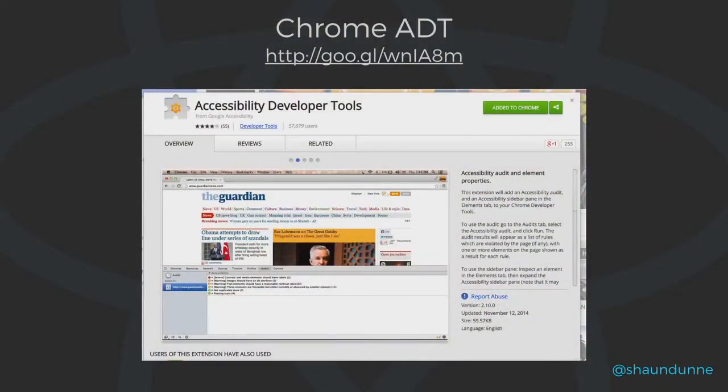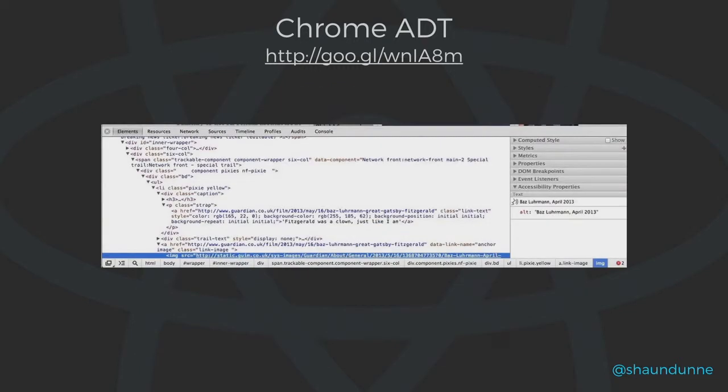You can run an audit on your page, much like you might run a performance audit, using the Chrome Accessibility Developer Toolbar. It gives you a bunch of nice reports, very similar to React A11Y. When you're inspecting an element, you get this new tab over here, which tells you the accessibility properties and what will actually be spoken out. So if you don't want to turn on your screen reader, you can use this. I really encourage everyone to try and use a screen reader on a site though.